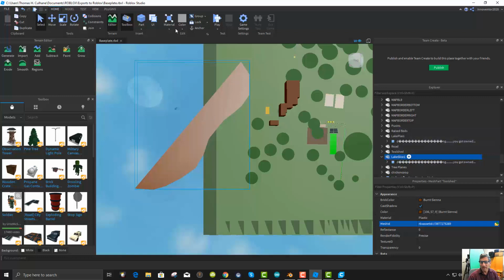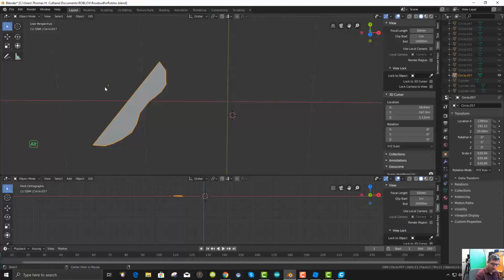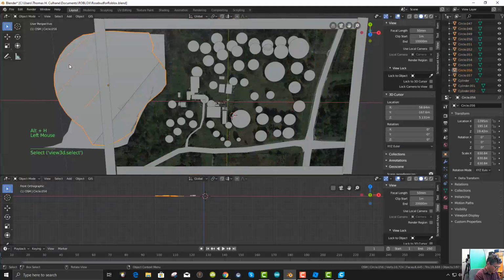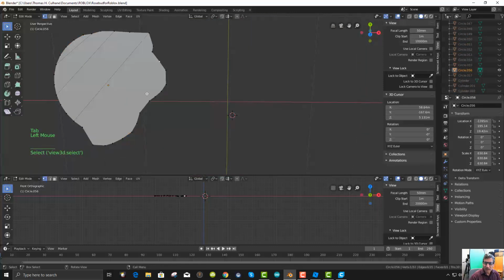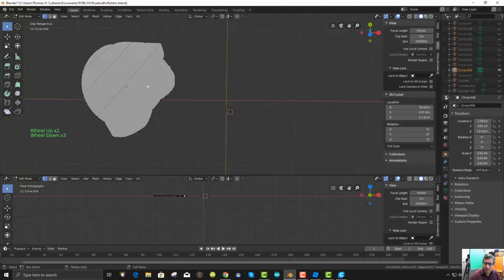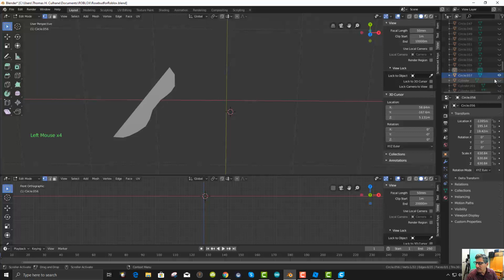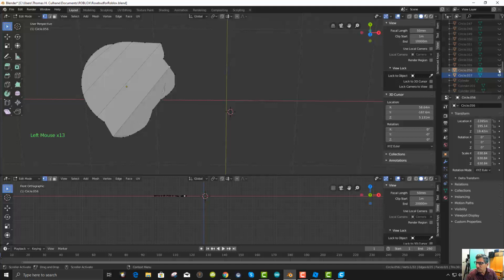And now I guess I need to go get Lake Slice 2 and go back here, and once again I can just now hide with Shift H. Just do that, go into the editing mode, and let's see where Lake Slice 2 would come in. So what did we have for Lake Slice 1? Actually, let me see if that was the one, Circle 57, and Circle 56 is on it. So it really is from here to